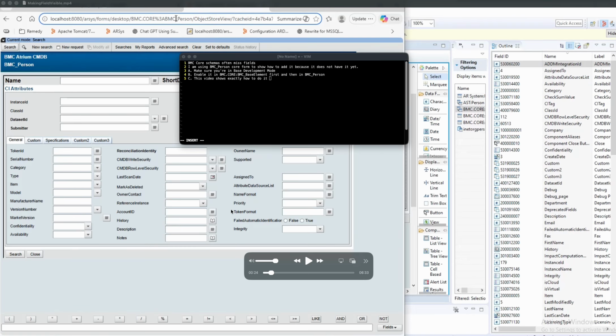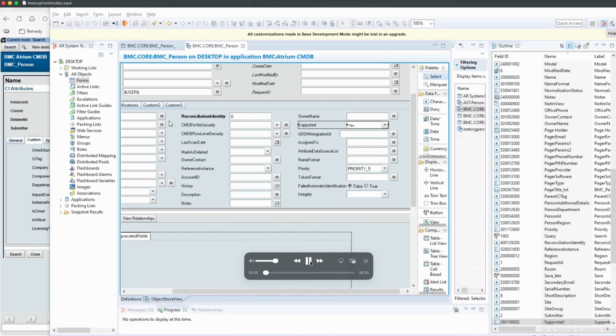So in this video, I'm going to show exactly how to add a field that's missing from a BMC Core form. And in this case, I'm beginning with BMC person because it's missing that field altogether, and I'll put it right there. So in this video, you will see how to add it exactly using the Development Studio. So starting from the Developer Studio here, BMC person